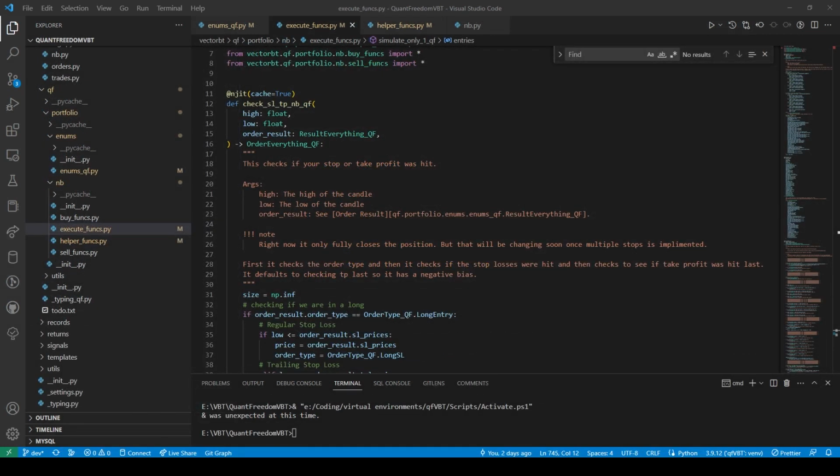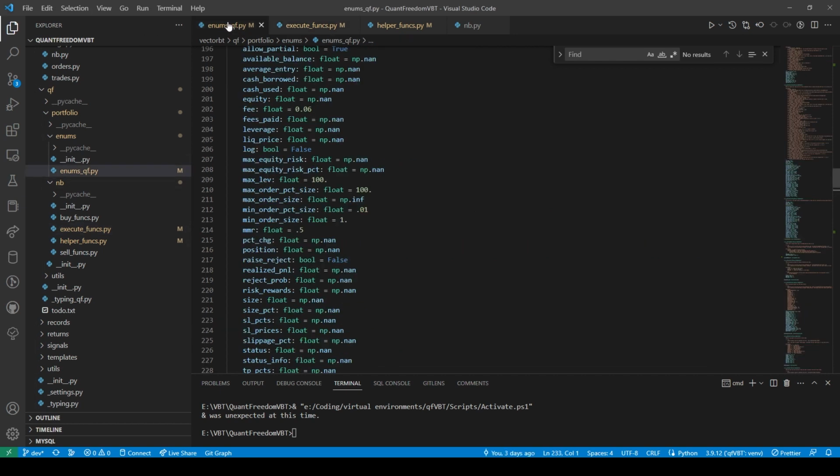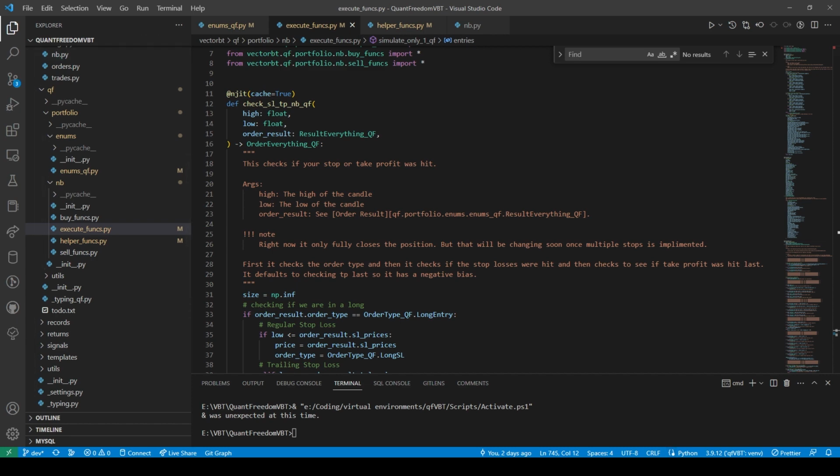So now, I guess, how do you add to a tuple? I wonder if, so hear me out.